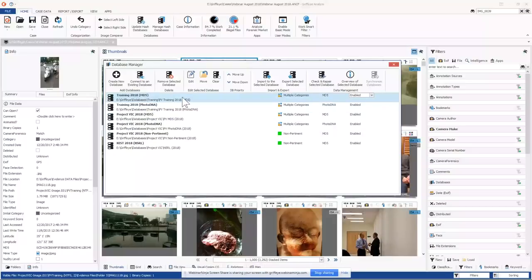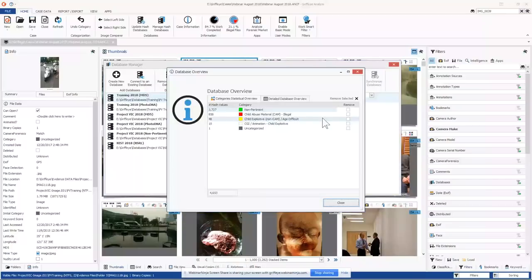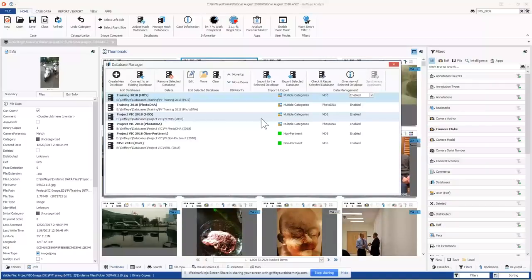As an example, I have this training database that is loaded up with a small set of files, but the schema in the United States is non-pertinent, child abuse, child exploitive, CGI animation. So as it brings files in, it looks at them and can pre-categorize for you and tell you, hey, this is non-pertinent. In the real world, you're going to have a lot larger data sets. As you can see here, I have the NIST NSRL database of known software. It's the National Software Reference Library, loaded with about 65 million known non-pertinent files.